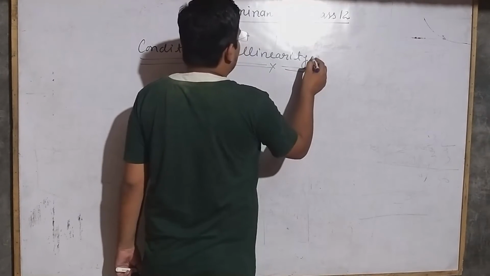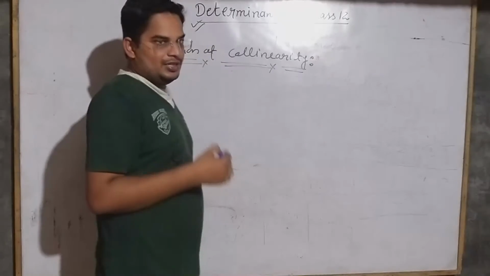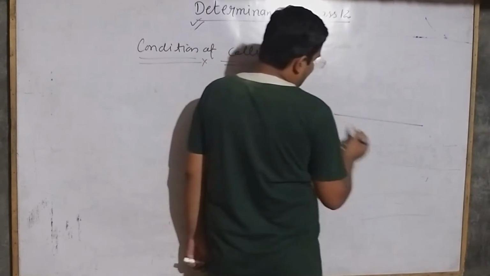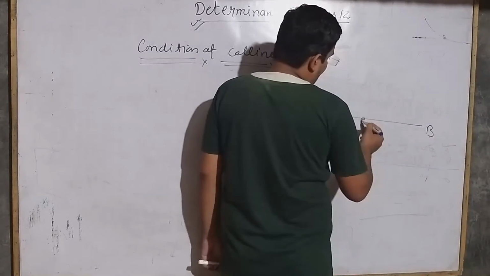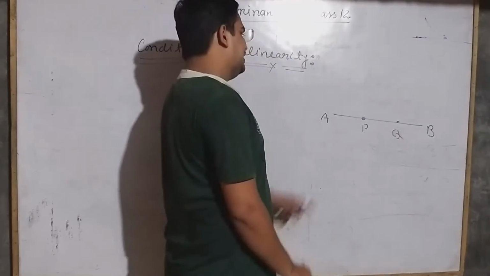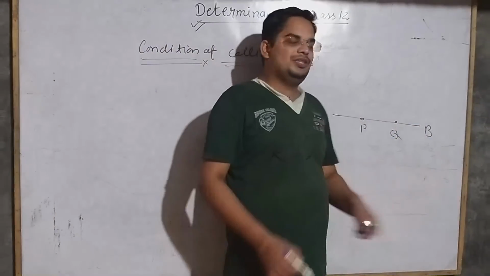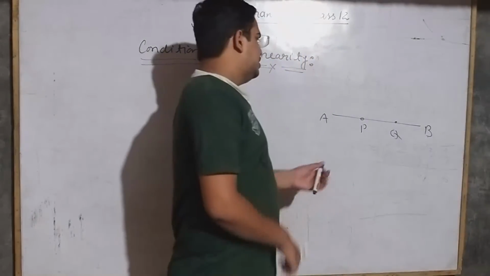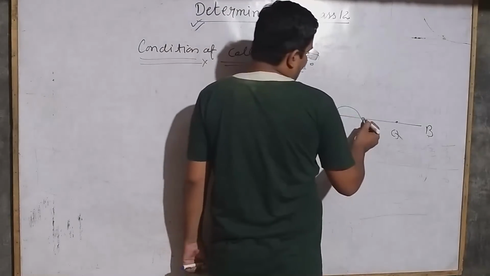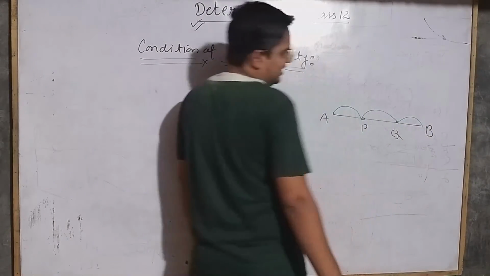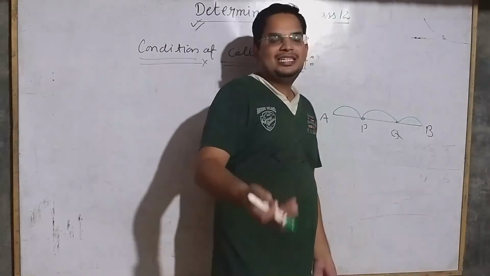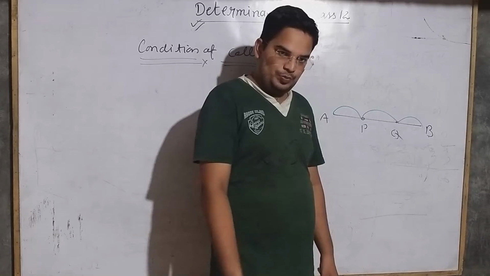So first of all, if I talk about collinear, what is collinear? If two or more than 2 points are lying on the same line, like this is the A, this is the B, this is the point P, and this is the point Q. If these points are lying on the same line, then I can say AP, PQ, and QB. What I'm saying to you, if these points are lying on the same line, then this line AP, this line PQ, and this line QB, there are 3 lines. These are lying on the same line AB. You can say these are collinear. Okay, I hope all of you are getting my point.